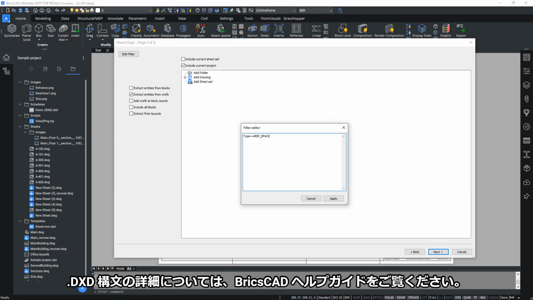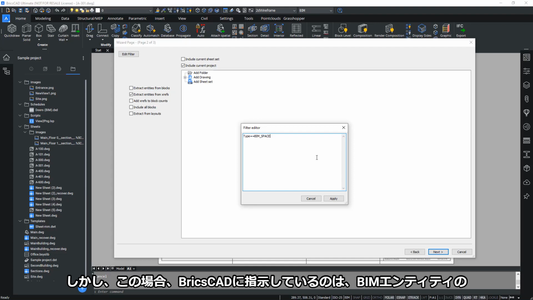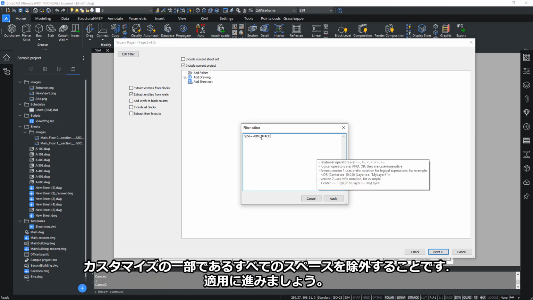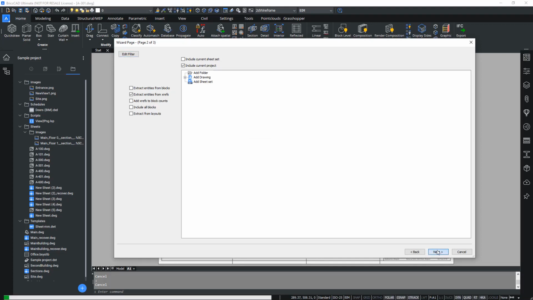And to learn more about the .txt syntax, please visit our BricsCAD help guide. But in this case, what we're telling BricsCAD to do is to filter out all spaces which are part of the BIM entity customization. Let's go on to Apply, and now the schedule format is tuned to filter out BIM elements classified as spaces. Click on Next,